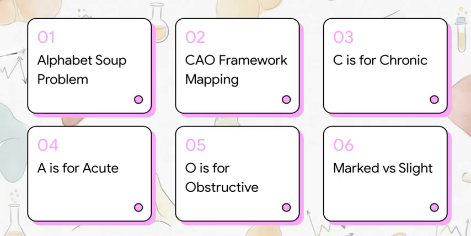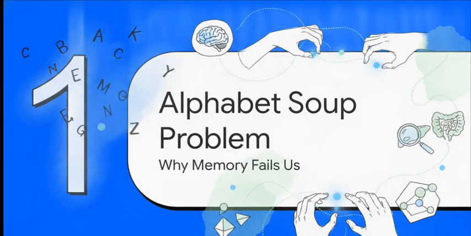So, here's our game plan. First, we'll look at the alphabet soup problem. Then, we'll map out the CAO framework. We'll break that down into C for chronic, A for acute, and O for obstructive. And finally, we'll tie it all back to the clinical data by comparing marked versus slight increases. Simple as that. All right, kicking things off with Section 1, the alphabet soup problem and exactly why our memory